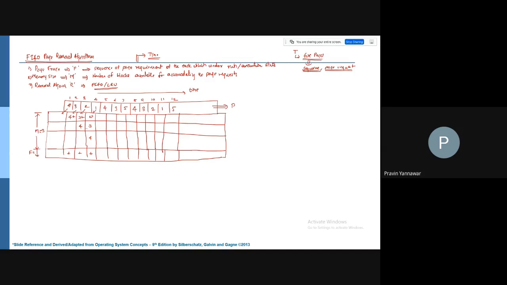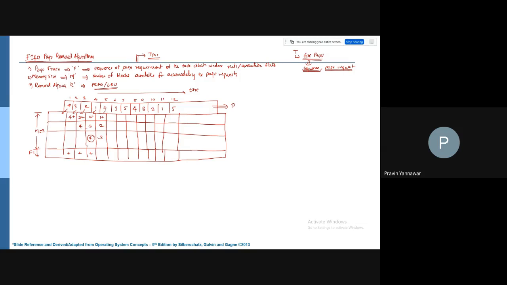Now look at this. Do we have any space? No, we don't have any space. But we need this one to get executed, so I need one page, which means I need to create a space to accommodate it. This particular page 4 has to be moved from primary memory to virtual memory now. So if I remove this particular page, it is moved back from primary memory to virtual memory. So this is going to be 3, this is going to be 2.